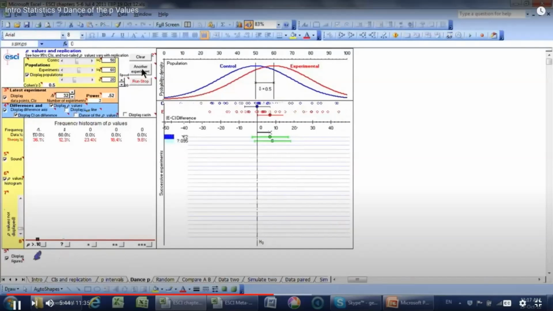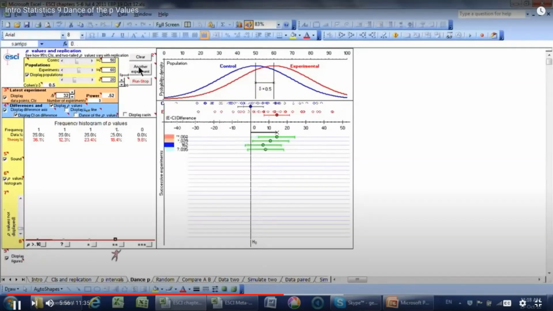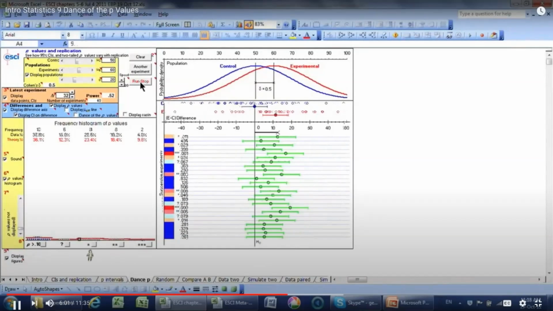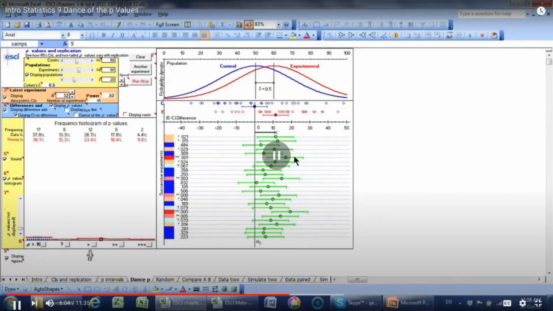Let's do another experiment, and this time the confidence interval overlaps 0 a bit more, so we get a p-value greater than 0.10, dark blue. Let's do another one, another one, another one, and now I'm going to run a whole lot. And let me stop it at some random point. So again, what you see here is that these are pulled from the exact same distributions, with the ground truth of an